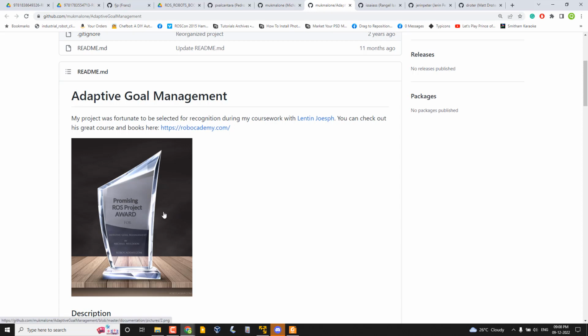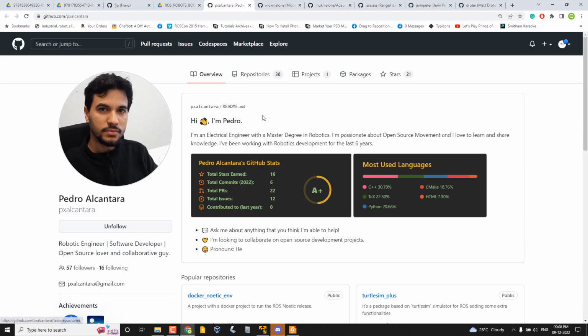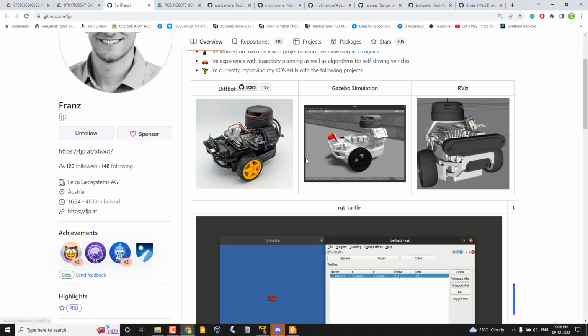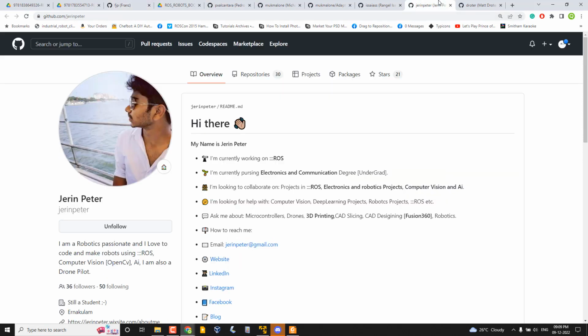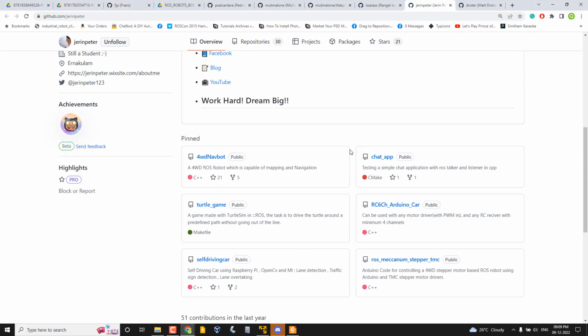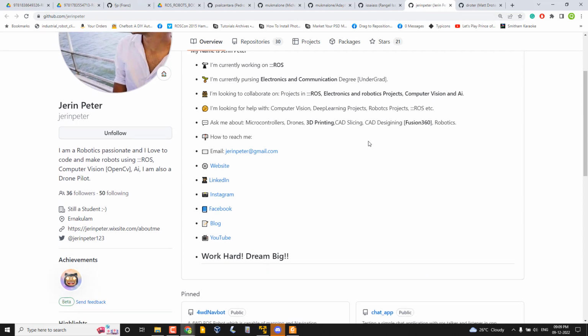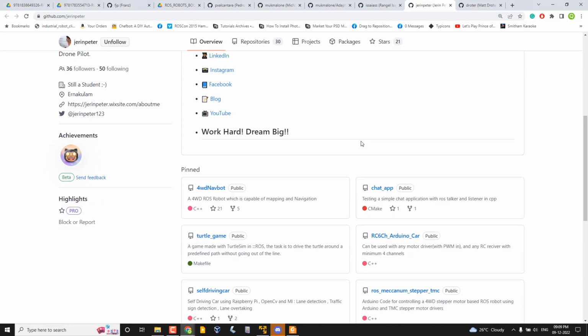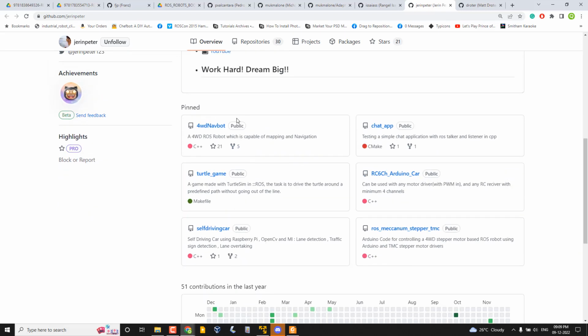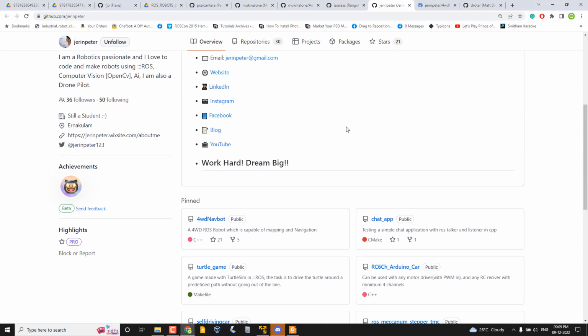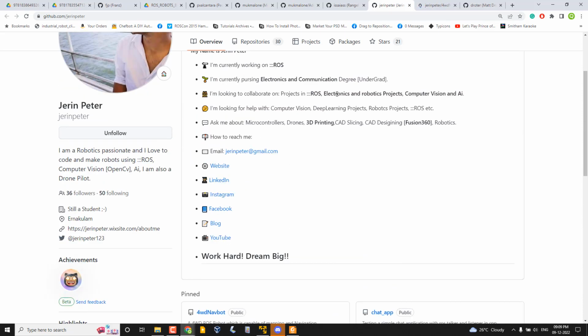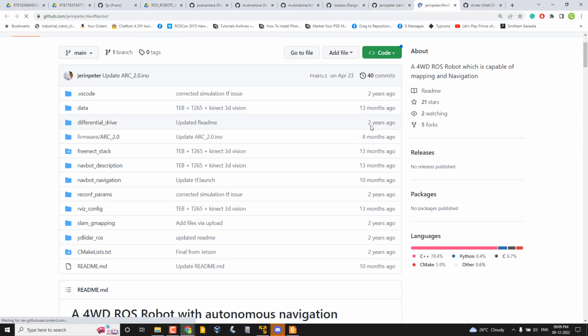So this is actually one of the promising ROS projects, and there are some other best projects for France. He got the best developer award or something, and Jerin also got one. Jerin was also one of the team members. So these are some of the projects that Jerin did as a part of the course, from the basic projects, basic ROS nodes, to some advanced